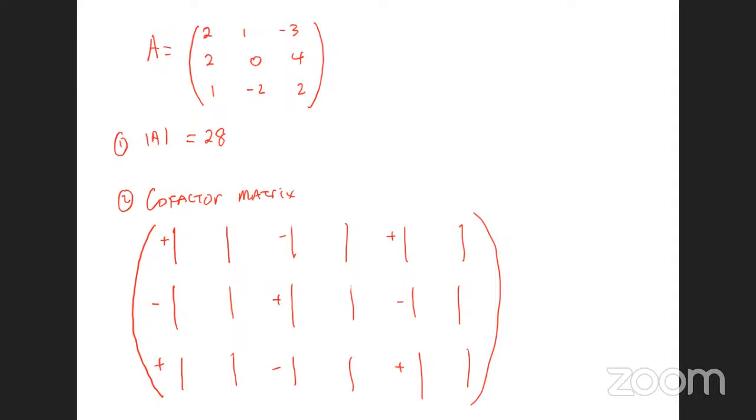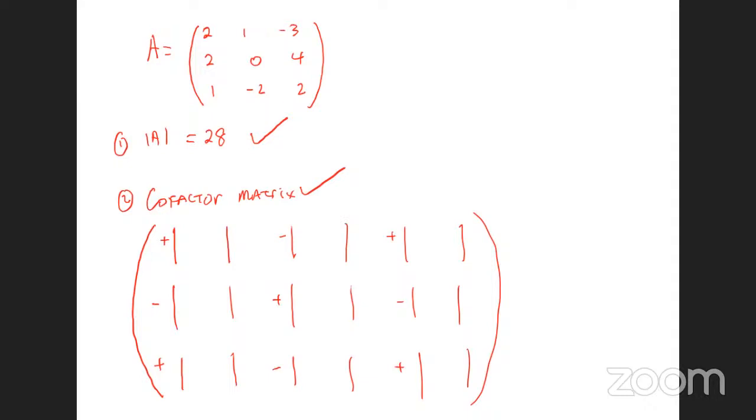All right. So what's here? For those who are now logging in and walking into the class, we're trying to find the inverse of a matrix. To find the inverse of a matrix, we find the determinant, and we find the cofactor matrix, and then transpose it, right? To get the cofactor matrix,